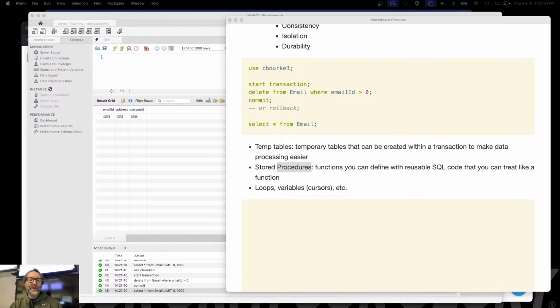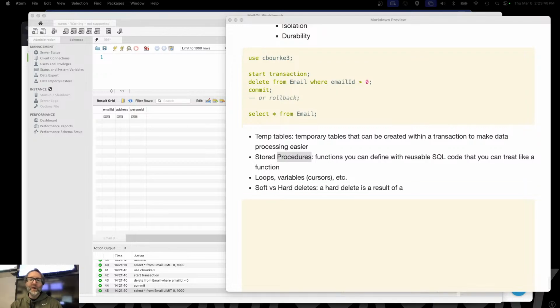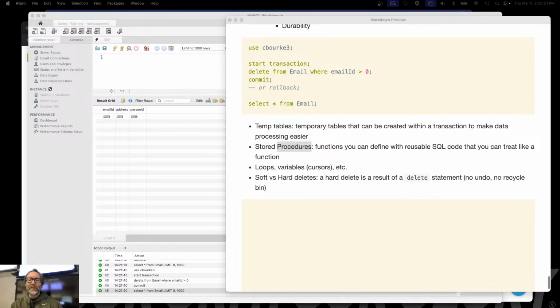One last thing that I'll mention is what are called soft versus hard deletes, right? So what is a hard delete? A hard delete is a result of a delete statement. In other words, there's no undo, no recycle bin, right? You cannot recover that data, right? A soft delete